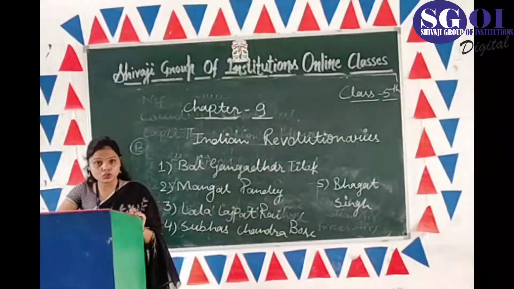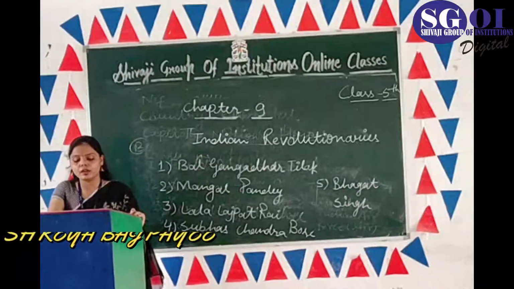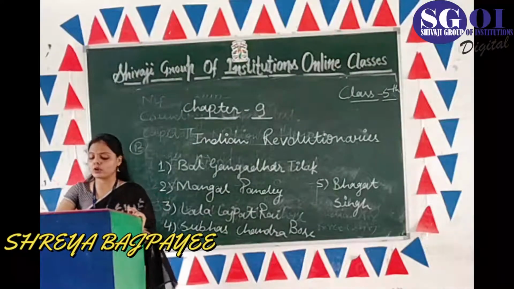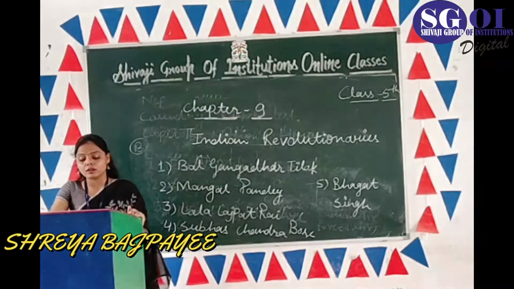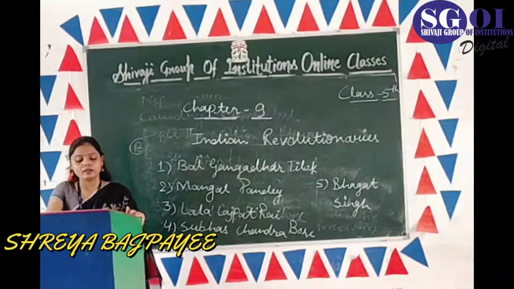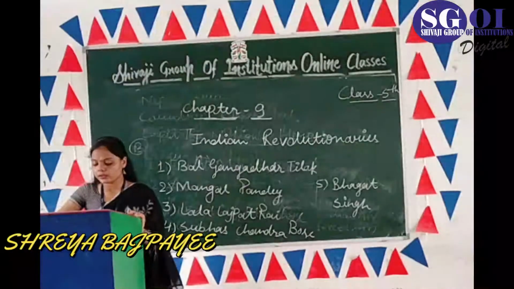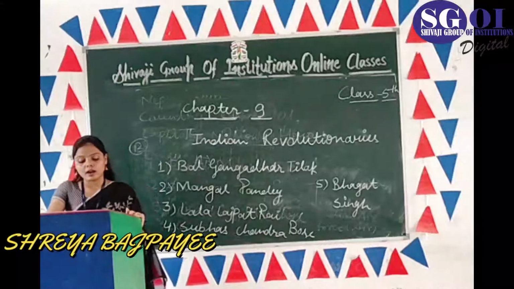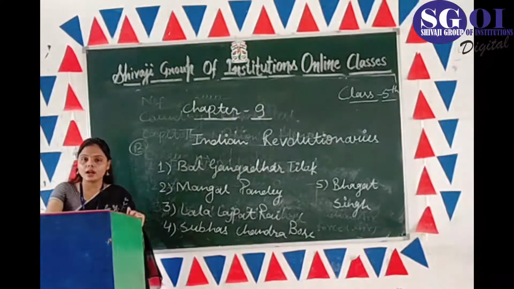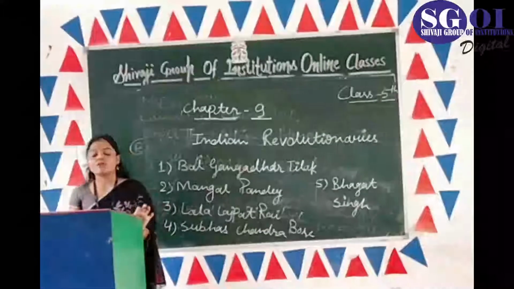He was a revolutionary and was popularly known as Punjab Kesari. He was an extremist member of the Indian National Congress. He along with Bal Gangadhar Tilak and Bipin Chandra Pal sacrificed his life for the country. The trio was collectively known as Lal Bal Pal. Who is Lala Lajpat Rai? Answer is Lala Lajpat Rai. Okay. Now fourth question is here.